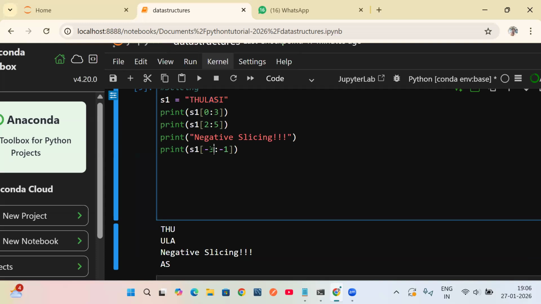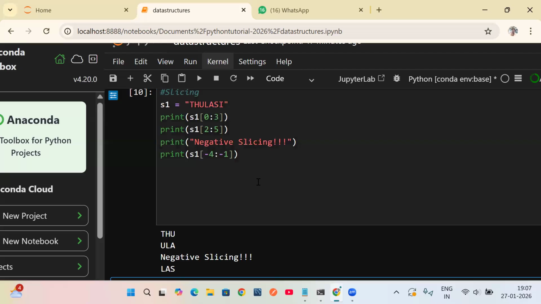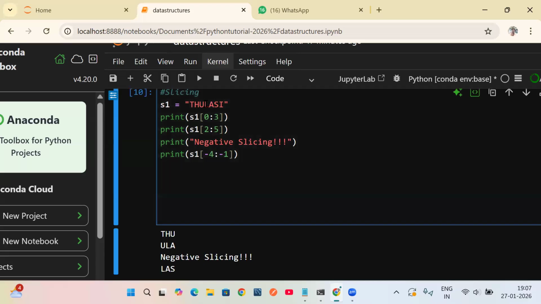Suppose I want to display 4, what happened? I run this one, then you can check it here. So -1, -2, -3, -4. It will go up to -4 and display LAS. But it won't consider -1 as the end, it will consider this one. Okay, -4 to -1. We will discuss this as -1, -2,